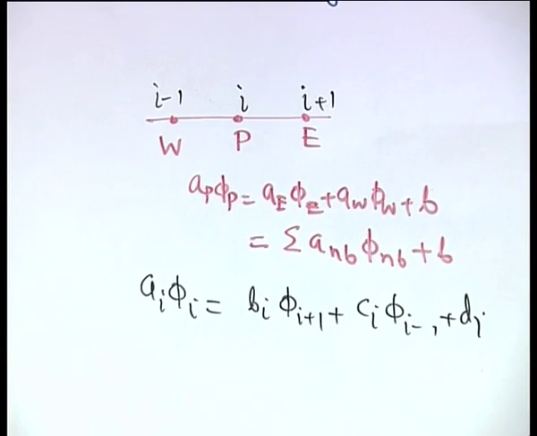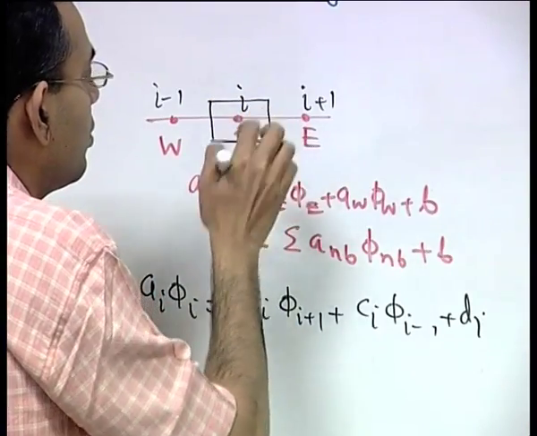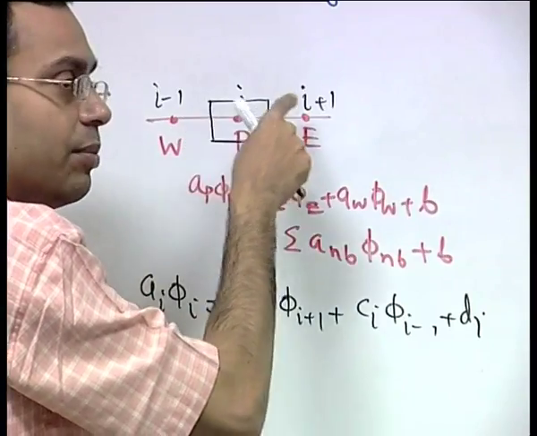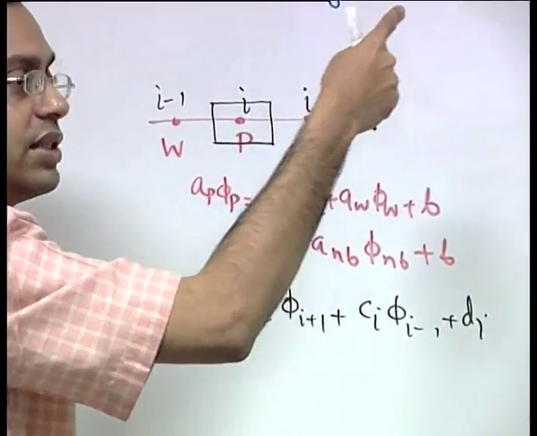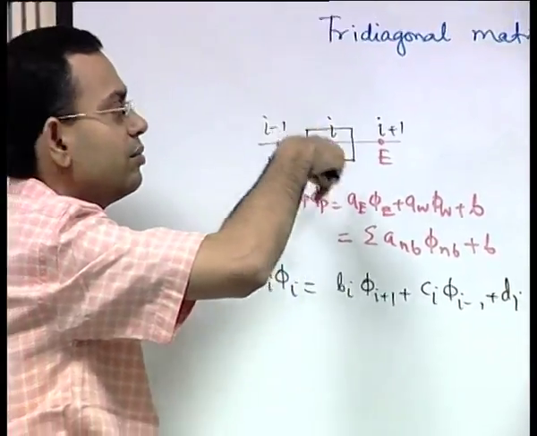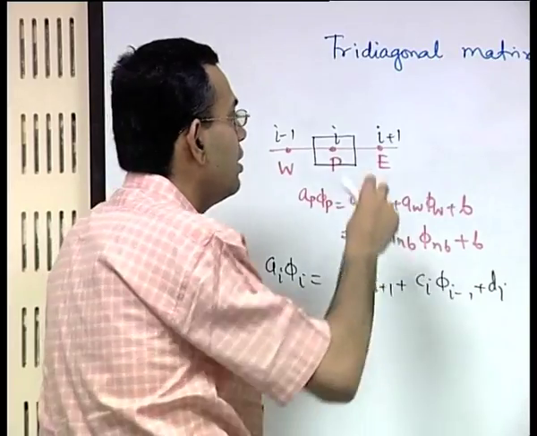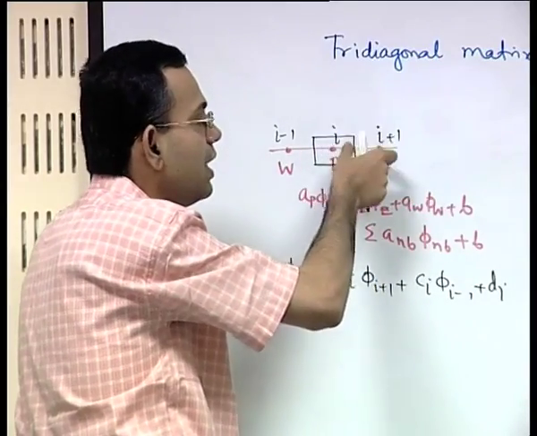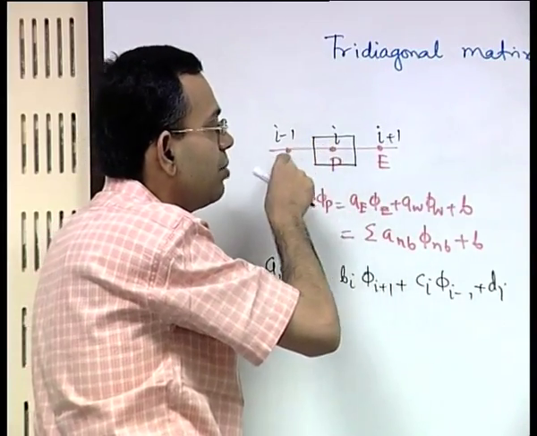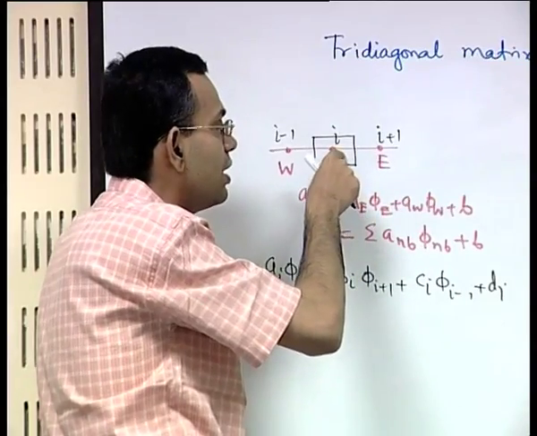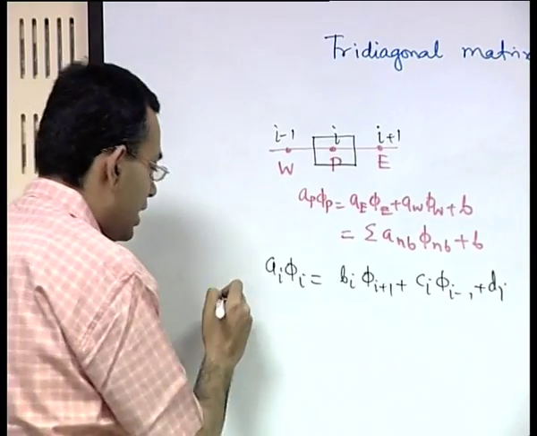And this is logically obvious because in our discretization we make sure that events at a grid point are influenced only by its immediate neighbors; other neighbors do not come into the picture. If you use higher order interpolation techniques, then other neighbors will come into the picture, but because of the linear profile assumption only the immediate neighbor will. So you will have for a one dimensional problem only 2 neighbors, plus the grid point itself makes 3 grid points involved at each time. So if you write it in a matrix form,